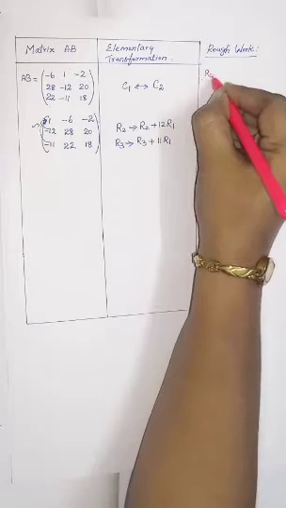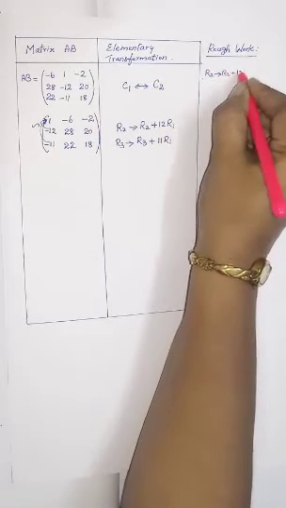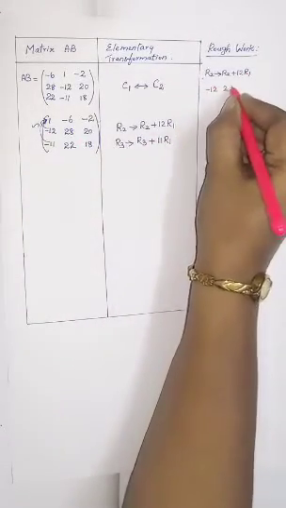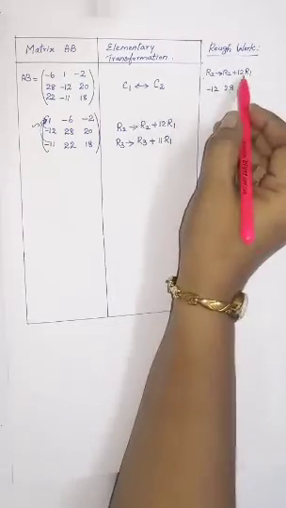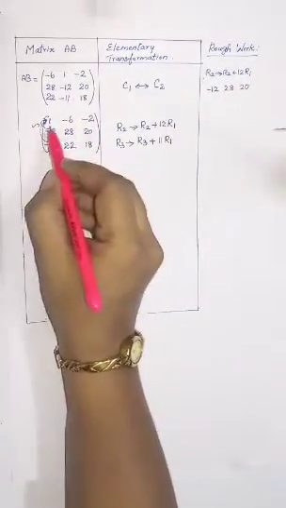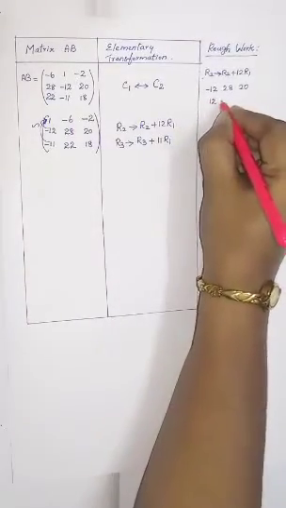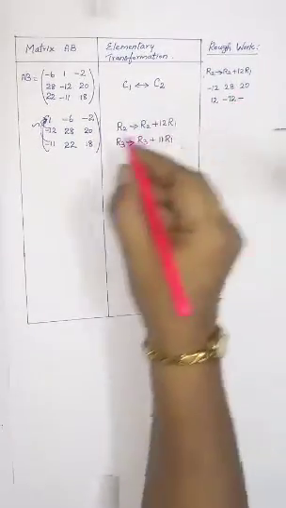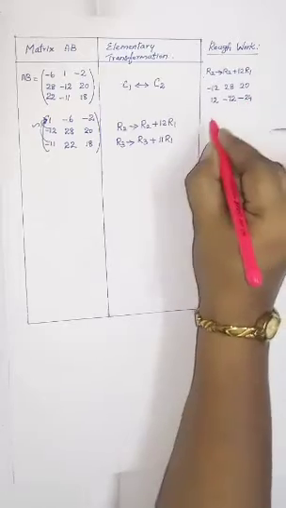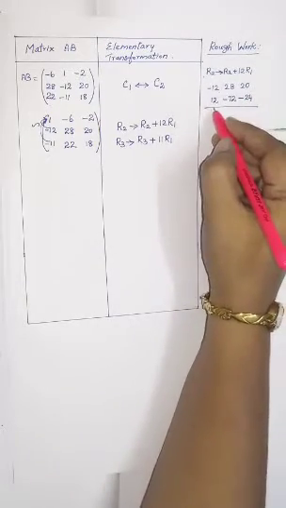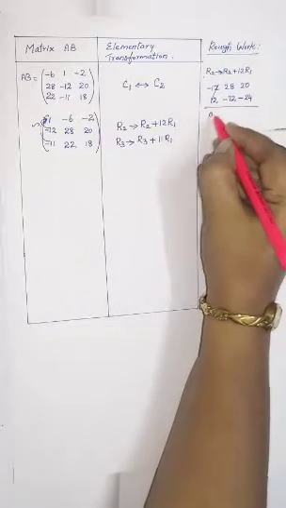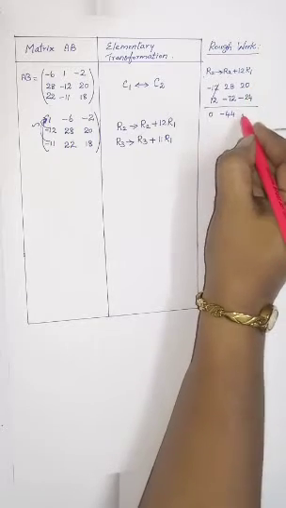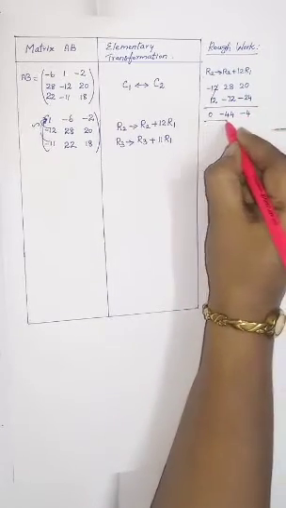So it is R2 gives R2 plus 12 R1. R2 is second row, minus 12, 28 and 20. R1 has to be multiplied by 12, okay. So the first row has to be multiplied by 12. So I'll get 12 ones are 12, minus 6 into 12 is 72, again minus 2 into 12 is 24. Now subtracting, as it is you can subtract it, don't change the symbol over here. So subtracting will get 0. 28 minus 72 will be minus 44. 20 minus 24 is minus 4. So this is your first condition answer.